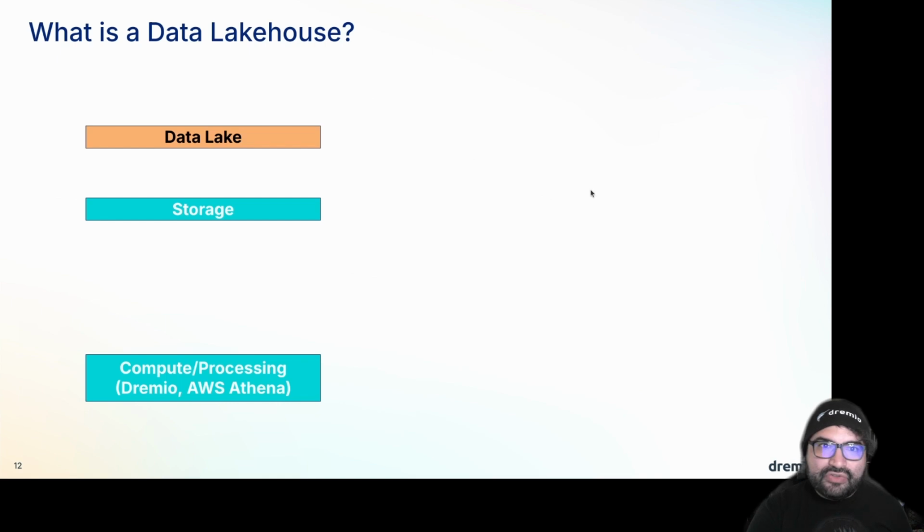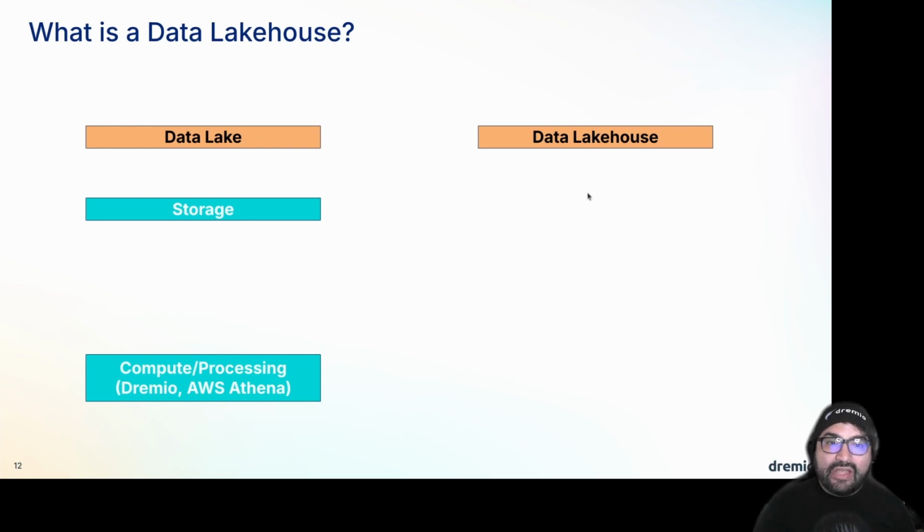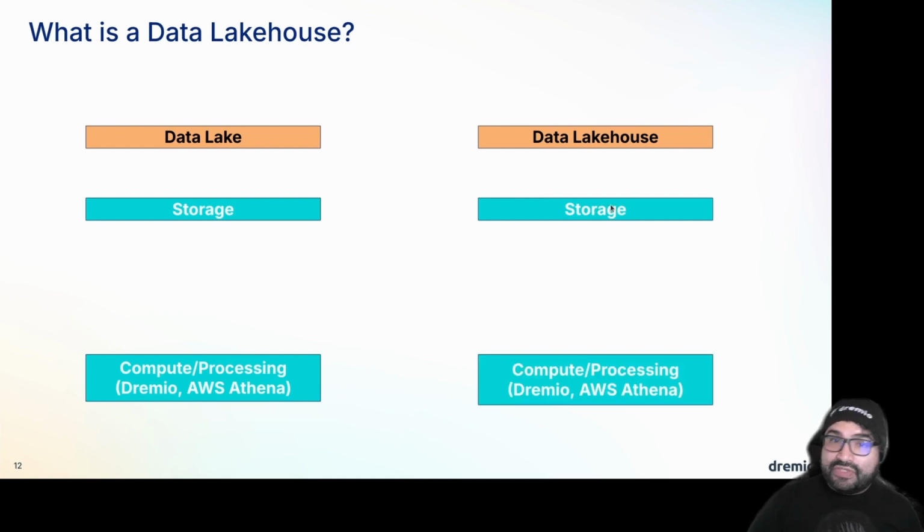Well, what we need to do is introduce those missing layers of that database data warehouse abstraction. And that's where we start getting a data lakehouse, where we start inserting the missing pieces so that when we interact with our storage, our data lake, it behaves more like a data warehouse with the same guarantees. So we just take the storage layer that we already have, like an object storage or HDFS. We take the compute tools that we're already using, like Dremio, AWS Athena, and then we add in a table format.